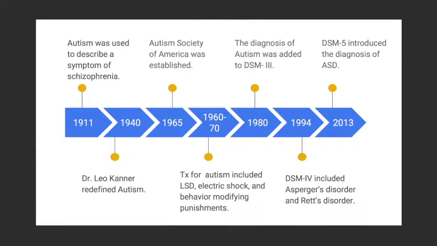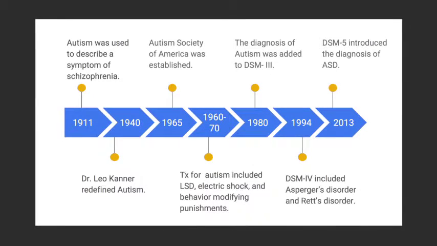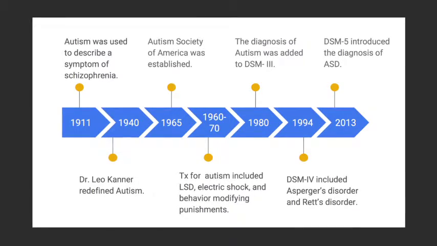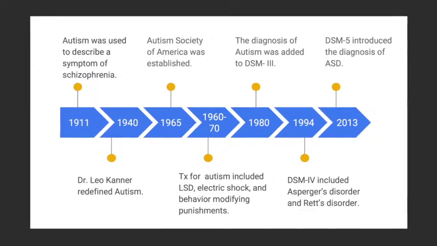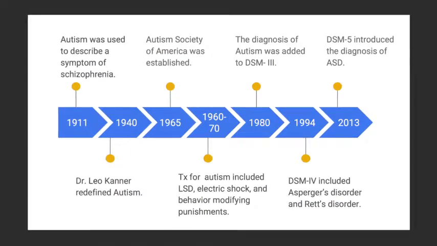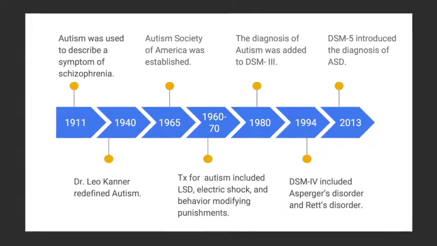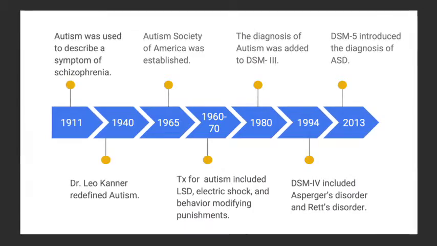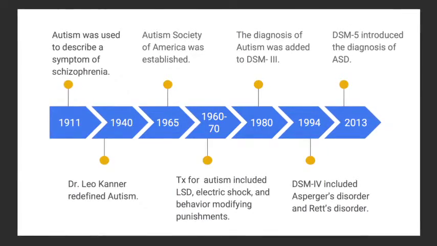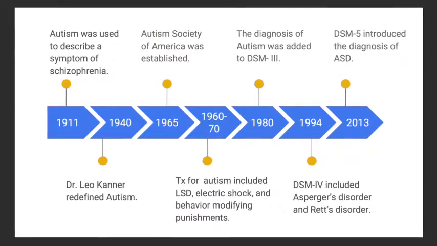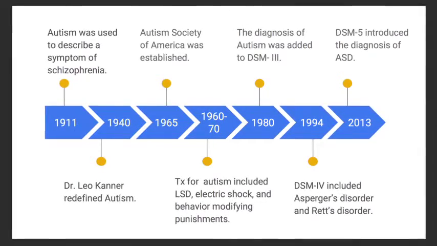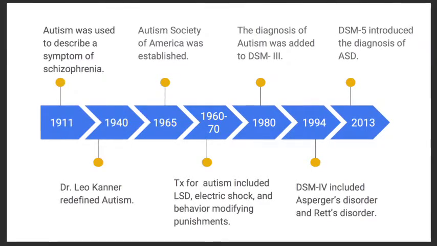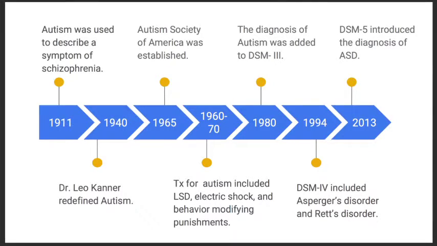The concept of autism has been circulating through psychology since 1911. In the 1940s, Dr. Leo Kanner redefined autism as a behavioral and emotional disorder in children. In 1980, a formal diagnosis was published in the DSM-3, which is like Wilkins for psychology. Researchers are now focusing on the plasticity of the brain at a young age and possible treatments and diagnostic tests surrounding that concept. The DSM-5 in 2013 introduced the diagnosis of ASD in a new way.